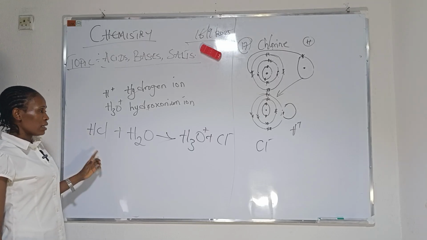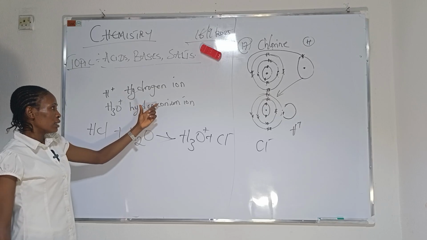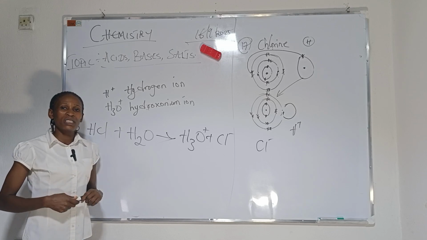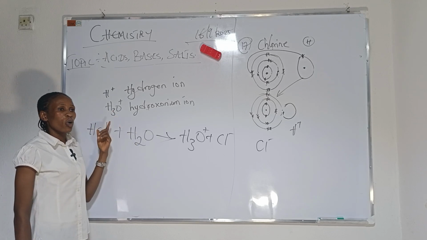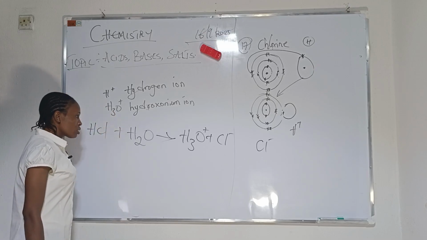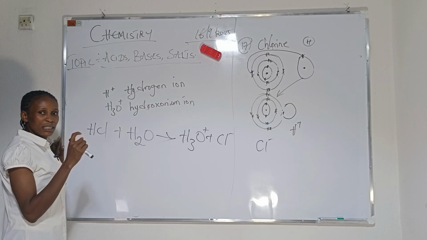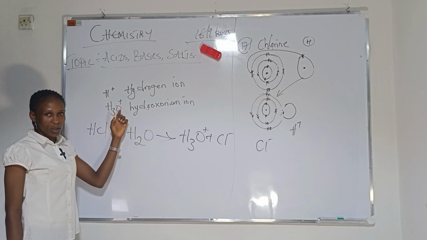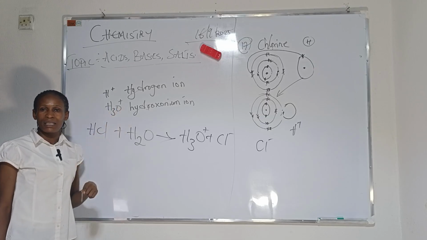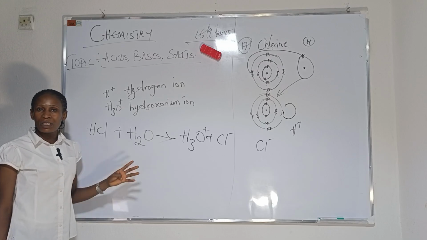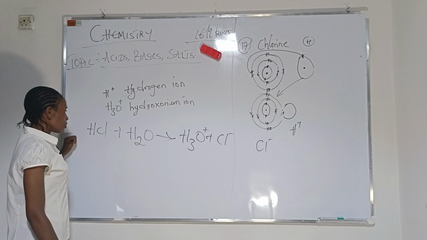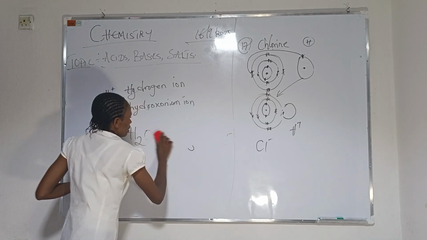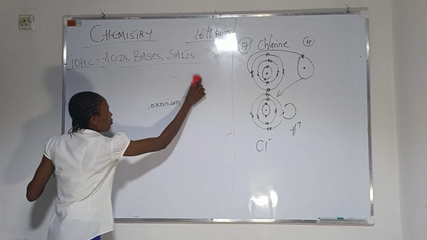I believe now I've established what an acid is. Either you go with this or you go with this. One of the problems that students normally complain about is that they don't know whether something is an acid, a base or a salt. Take note of these very points that I have emphasized: hydrogen ion and hydroxonium ion. That means when I am not seeing these in a compound, definitely that compound is not an acid. Sometimes another problem students have is trying to name the compound,